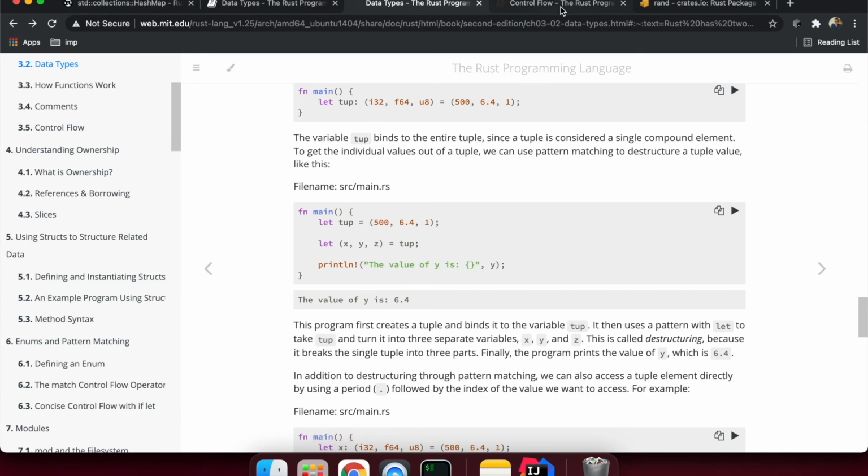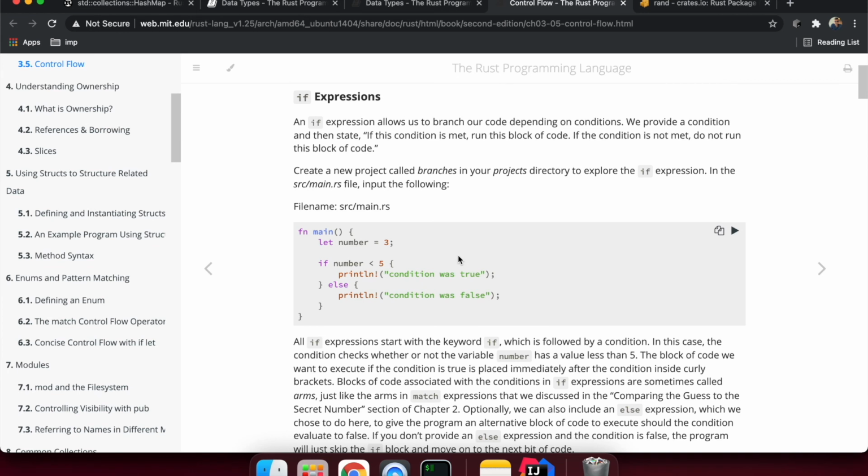Let's talk about control flow. With control flow, like if-else, let's see how we can use an if expression in Rust. Generally when using if-else, we don't need to unnecessarily provide parentheses the way we do in Java. So let me copy and paste this example and run it here.